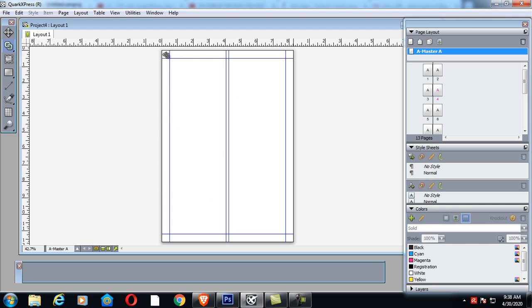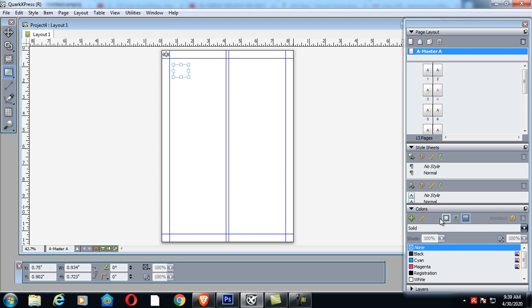It shows a link. That means we are working on a master. Now in the master, suppose you create any object, say let's take a box, a very small box, and go to the colors and color it. Let's take another box and apply a different color. If you press Shift and select both the objects, you can also go to the Align tool to align them.